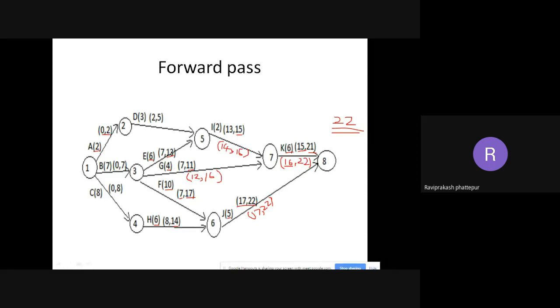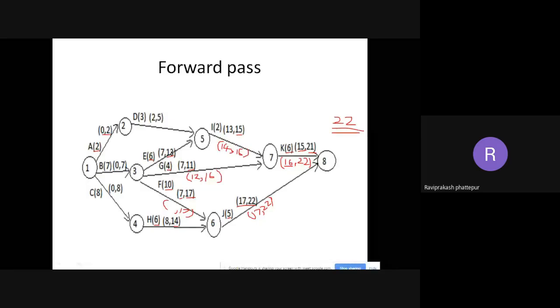Okay, now coming to F. What is the ending? It will come after 6, so that is 17. So 17 is my ending here, comma, 17 minus 10. What is the duration? 10. So 17 minus 10 is... sorry, 17 minus 10 is 7, not 10. I'm very sorry, I'll remove that. This is not 10, this is 7. Okay, 17 minus 10 is 7.